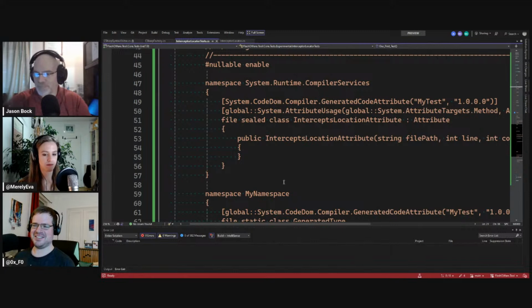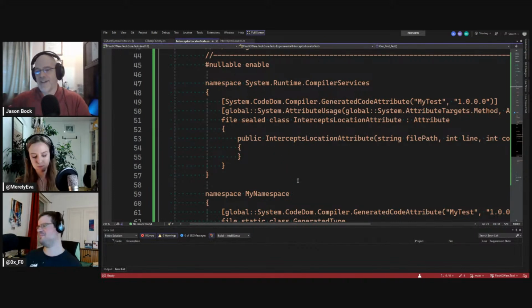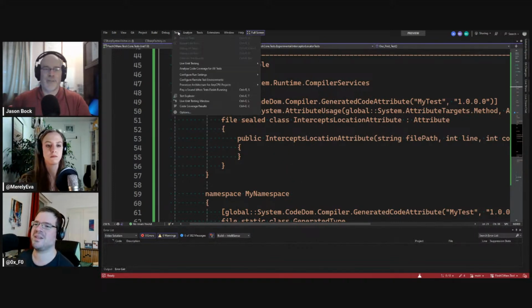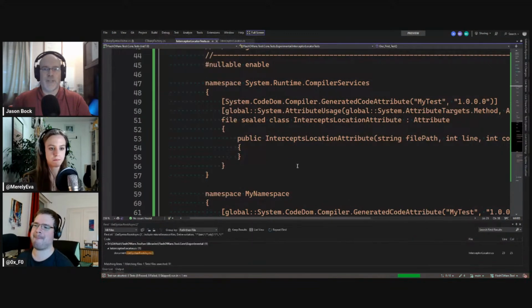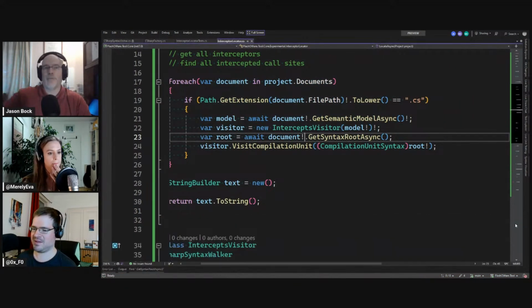That's the reason. So that means if an attribute doesn't have an accessible constructor, it's unusable. Yes, but you wouldn't declare an attribute that way because then nobody could use it. They could never declare it in code. At the very least you'd have a no-argument constructor, which would still be a method.